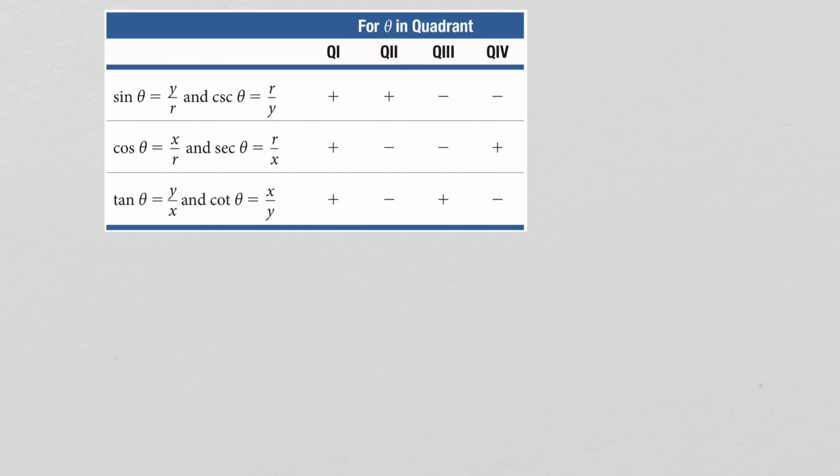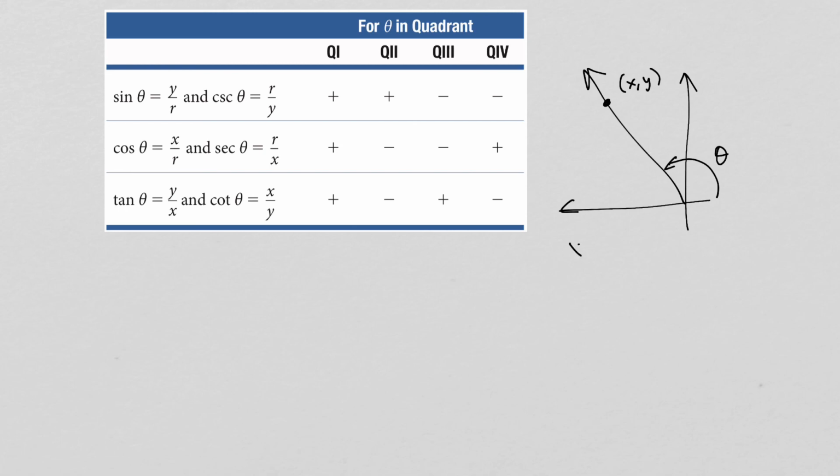In the second quadrant, it's not true that they're all positive. In the second quadrant, cosine and secant will be negative, and tangent and cotangent will be negative. Let's talk about why that's the case. So let's think about an angle in the second quadrant, which looks something like this. There's your angle theta. If you pick a point on the terminal side of theta, and that point is x, y,